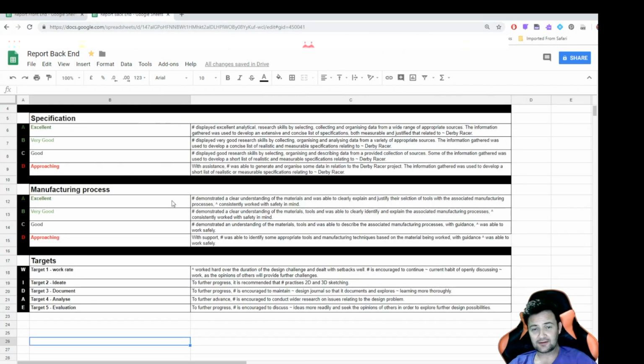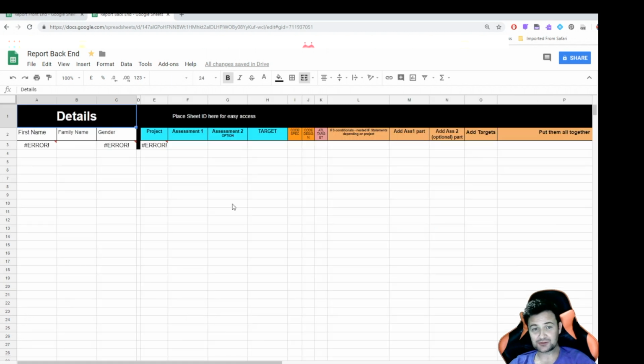Then the data will automatically be sent to this sheet, the report backend as I've called it here, whereby if you've got a level descriptor such as approaching, good, very good, excellent, or A, B, C, D, or 7, 6, 5, 4, any of those, it will generate a non-gender-specific, nameless comment,